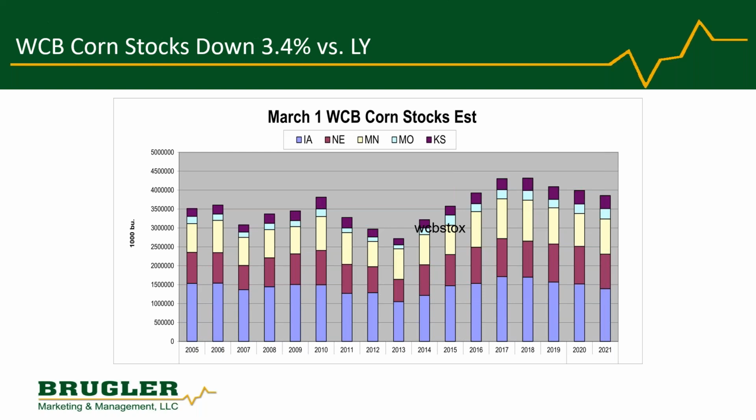This has basis implications. Basis, of course, is the spread between the cash market and the futures. And Commodity and Barchart do an excellent job of capturing the cash market data. The basis has been stronger all year than the last couple of years, and this is a good justification for that. There's just less corn in that 5-state area that's available to the market as of March 1, which is halfway through the marketing year. If we go to the Eastern Corn Belt slide, which is next,